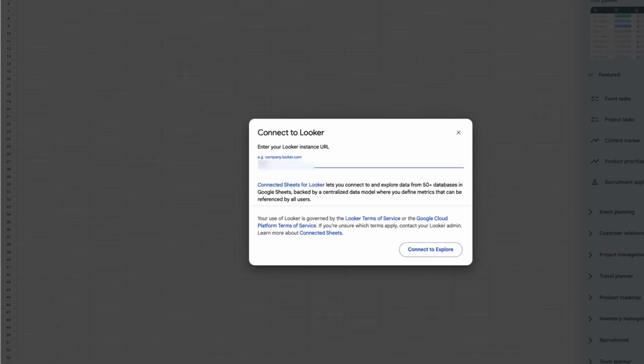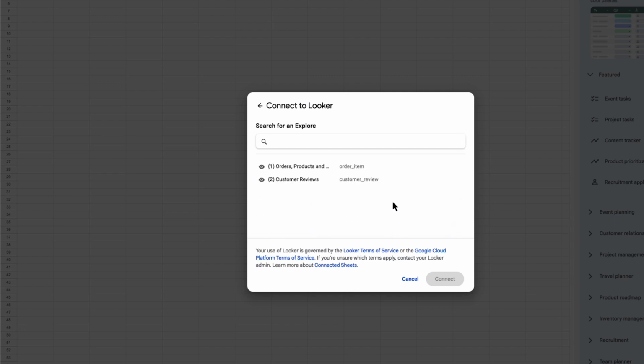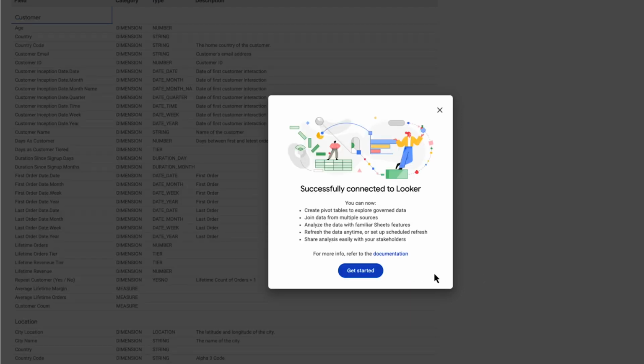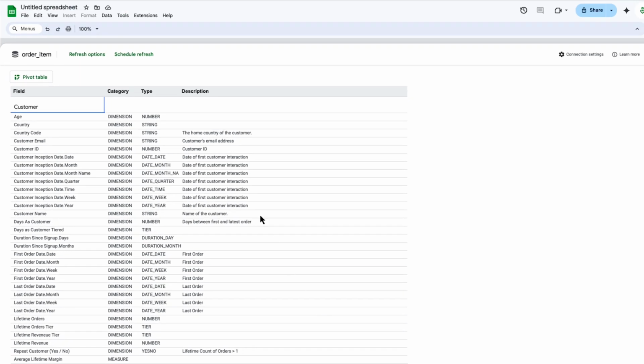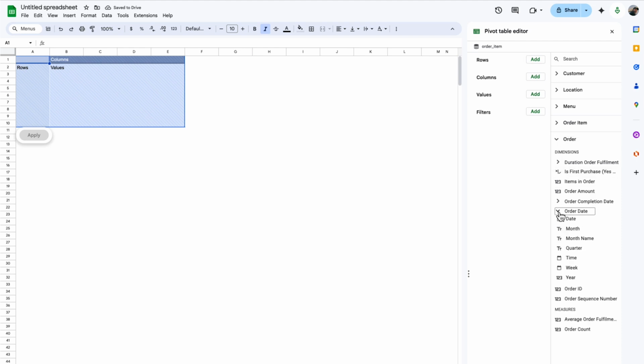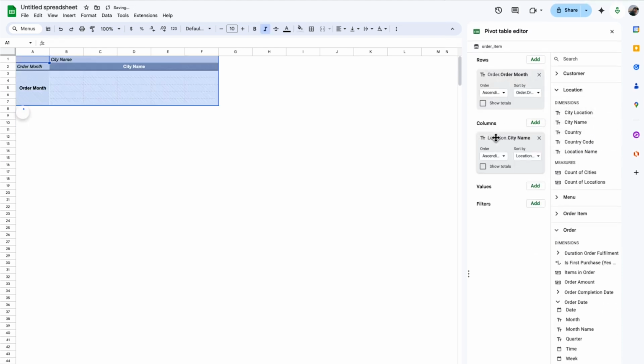Connected Sheets users can leverage Looker's semantic model, which serves as the central repository for business logic, metrics, and dimensions. This ensures everyone is working with the same trusted definitions, eliminating discrepancies and confusion. Looker's governance features, like access controls and data lineage, extend to connected Sheets, ensuring that sensitive data is handled securely and responsibly. Connected Sheets maintains a live connection to Looker, ensuring that data is always up to date and reflecting